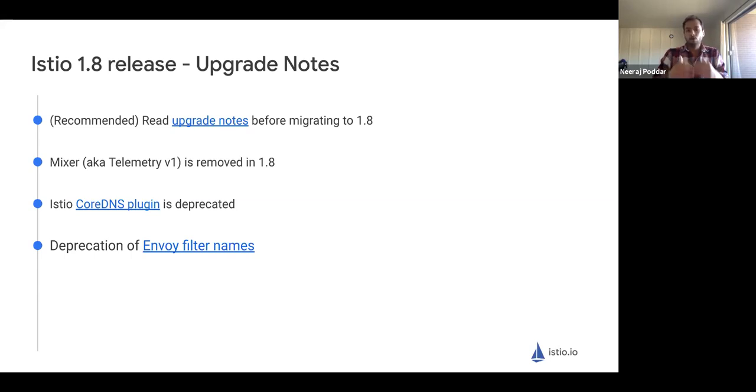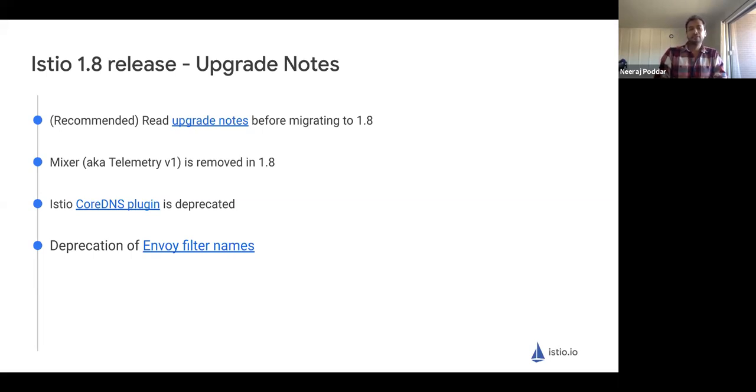So all of the users, if they're still using telemetry v1, now need to move to v2, as the v1 mechanism doesn't exist. Additionally, if you're using some Mixer adapters and there is no equivalent mechanism from the Istio community for you to achieve that functionality, please file bugs so we can add it back or give you a path forward.